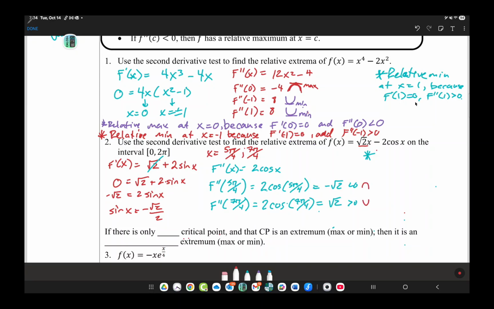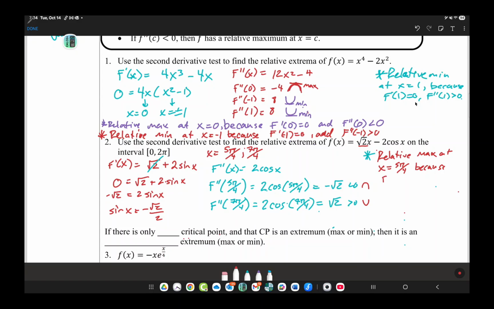Again, to me, I still get them messed up. I still think, hey, less than 0 should be a minimum because that's just in my head. That negative is min, positive max. But you have to think of it in terms of concave down and concave up. When you have a concave down section, okay, you will have a local max. So we have a relative max at x equals 5 pi over 4